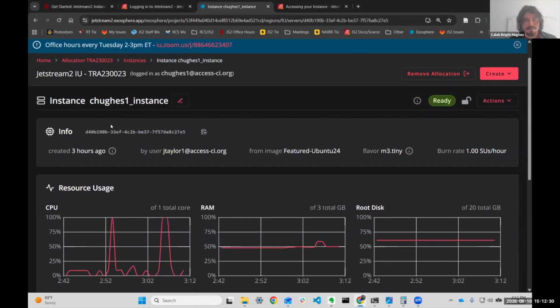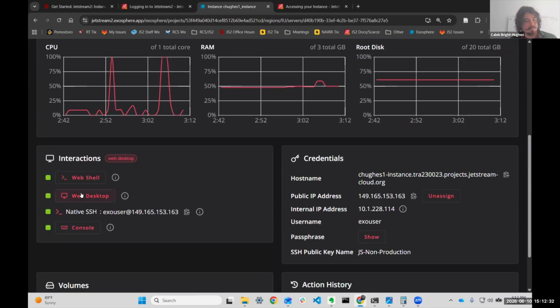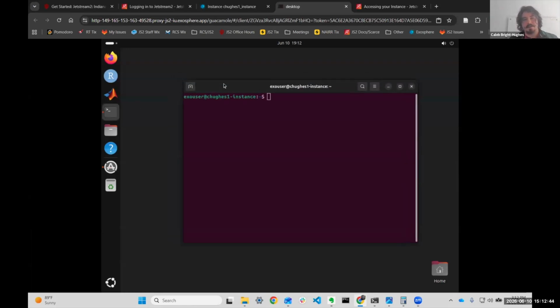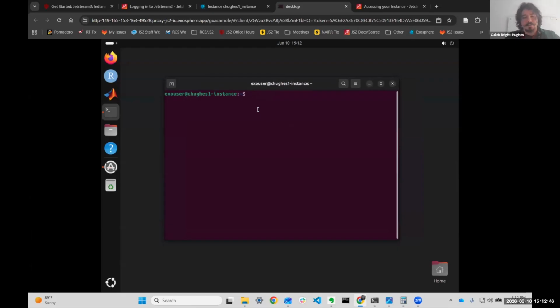So I'm going back, here's my instance. I'm going to open up the web desktop again, and I'm going to see if I can find the volume. One way I can do that is from the terminal. I remember it's at media/volume, but maybe I don't remember the name of it. So I'm going to use ls, aha, my volume's name is chughes1 demo, and I can find it from my home directory. If I go in there,